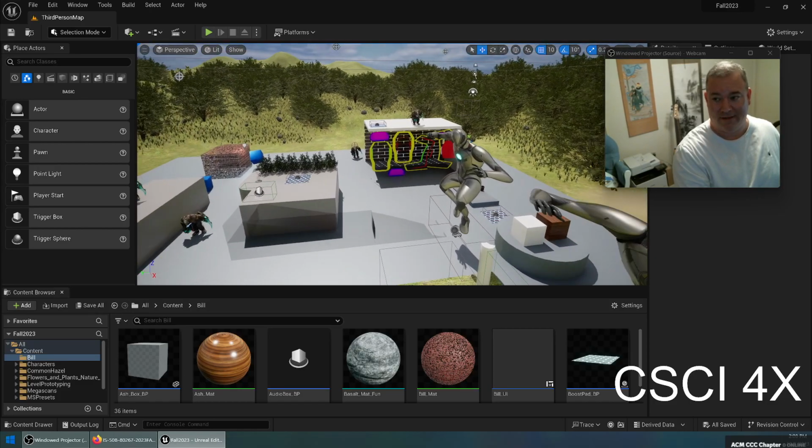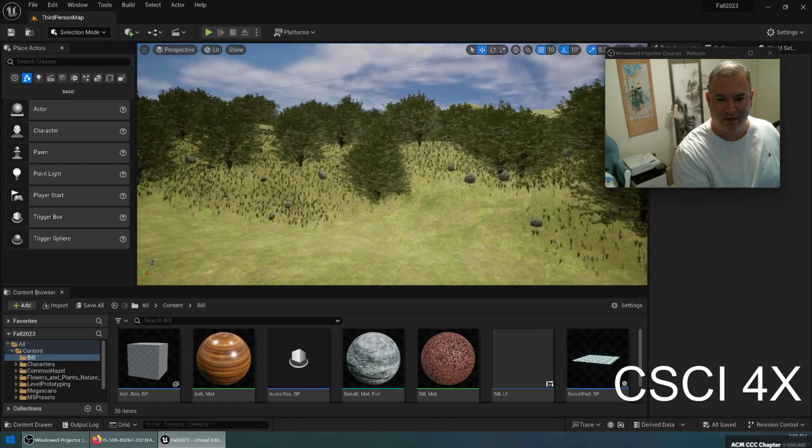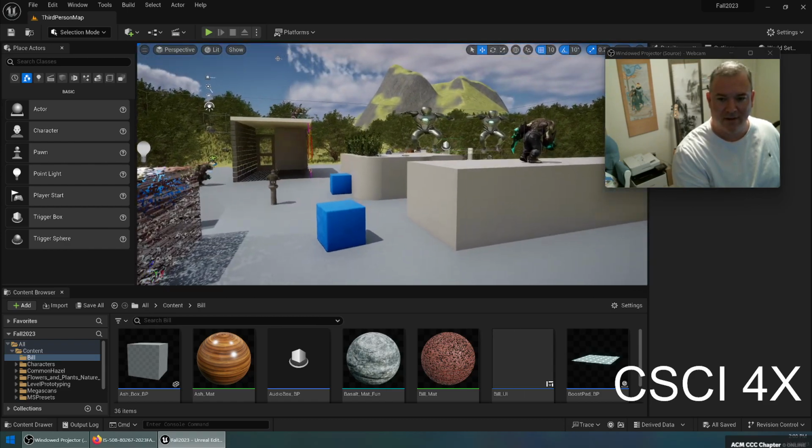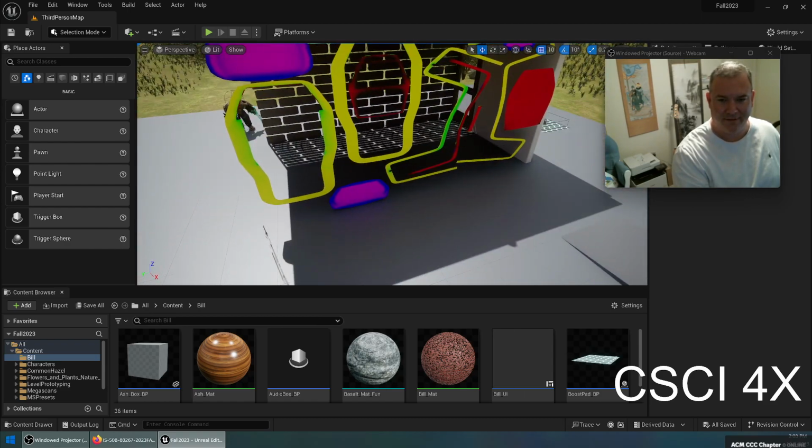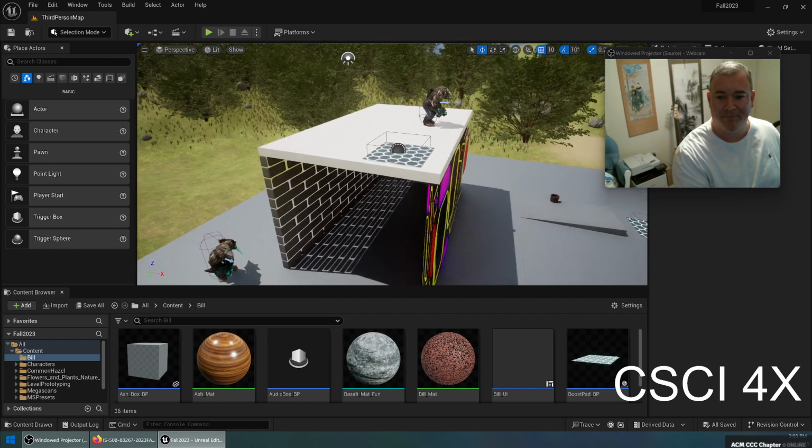Today we're going to be talking about lighting, and we're going to talk about the different kinds of lights, and we're going to talk about how to control lights in a blueprint. Okay, so